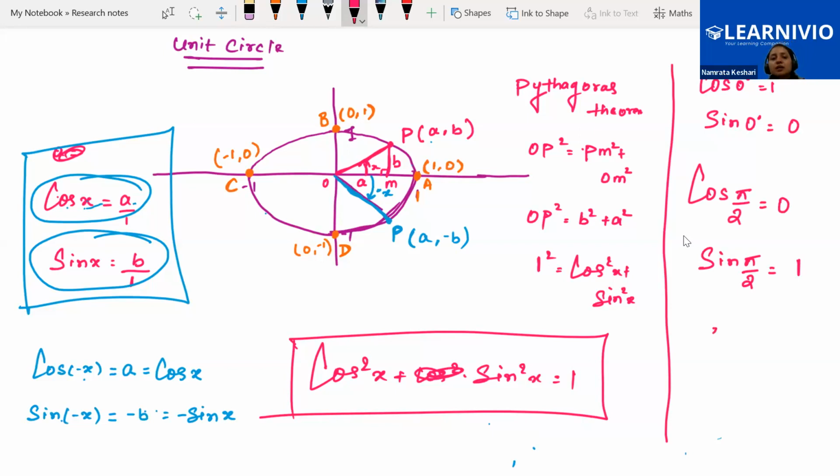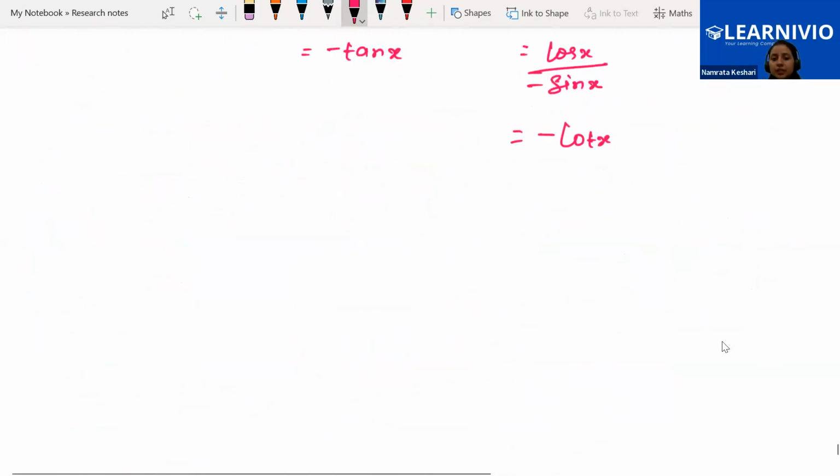So you will say, Alina, cos pi is... Cos pi is 0. Okay. Ali, cos pi is 0. See, when we are having the quadrant,